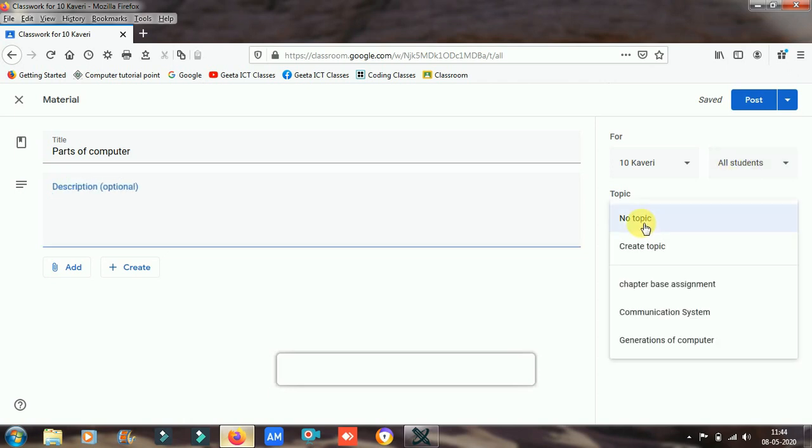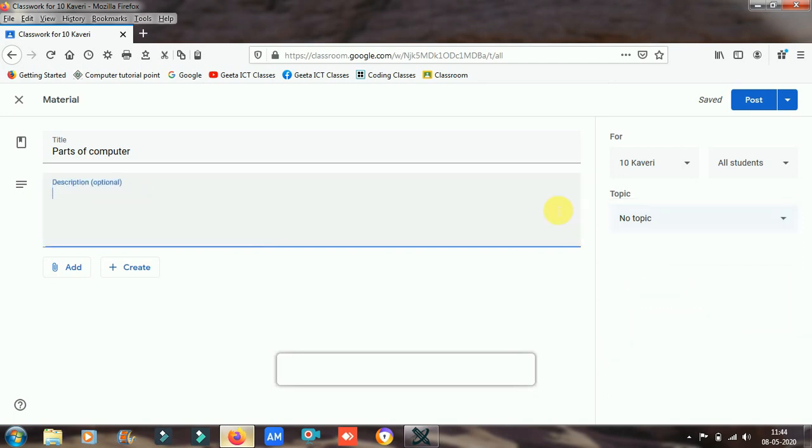And then topic. If you want to create any topic, you can take any created topic from here, or you can create any topic from here. And add: you can take from Google Drive, link, file, YouTube, and you can create from the docs, slides, sheets, drawings and forms.